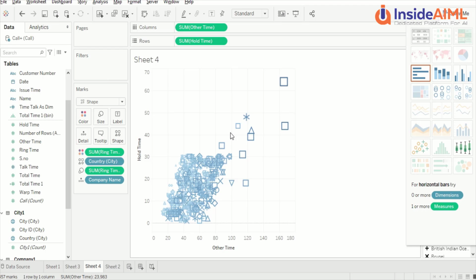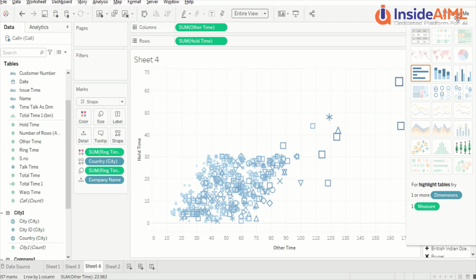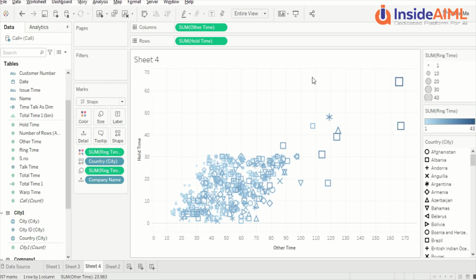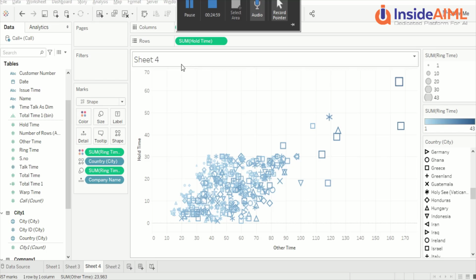So this is Tableau for you. You look at the kind of amazing visualization which you are getting, and I'm now setting it to the entire view from here at top, and you are getting, for country, the shapes, and all those 10 shapes should be the ideal one. We have added everything. That's not the greatest thing we should add, but look at these visuals, how they are behaving, how beautiful they look. So that's Tableau for you. Let's take a pause, try out these visuals, and we will continue our journey post this pause.